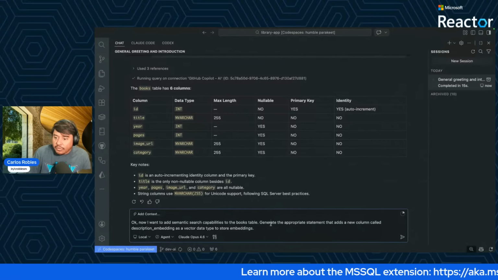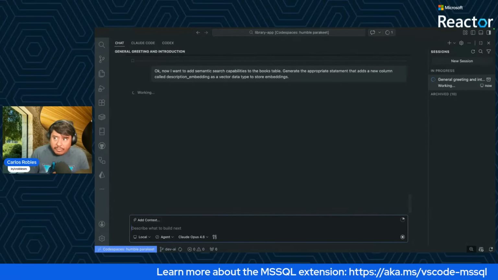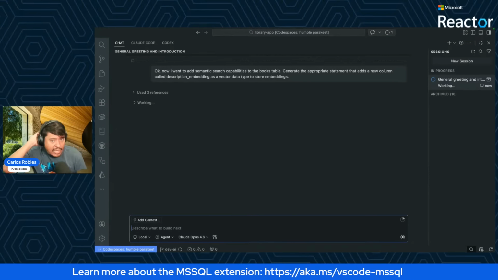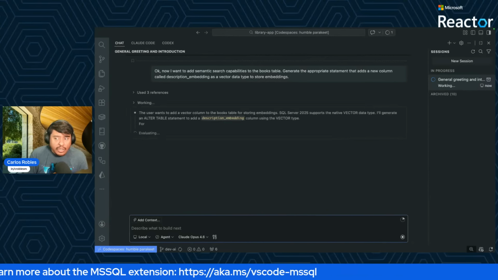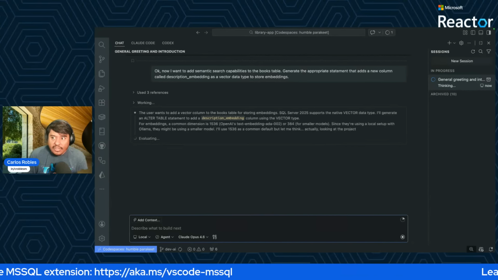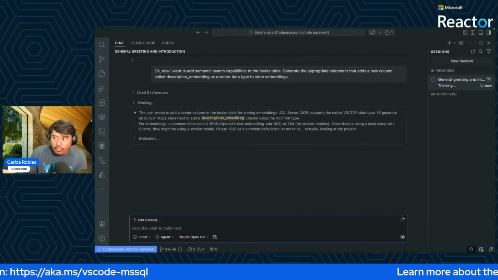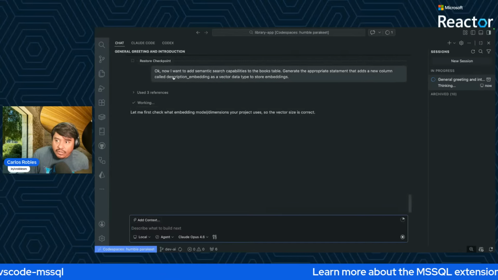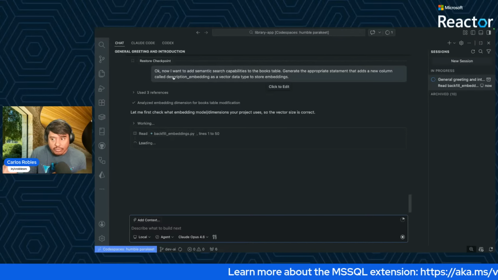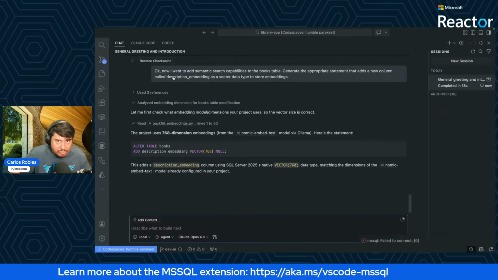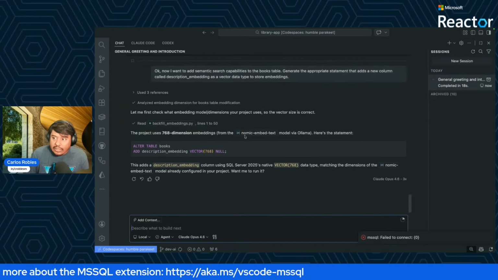There we go. So I want to add search capabilities to my books table. I want to make it AI ready. How do I add embeddings here? So I'm asking GitHub Copilot. Obviously, I gave a little bit of context here. This is so important. When you're working with AI, you need to be prescriptive. You need to use something like Spec Kit or anything like that. And in this case, I got